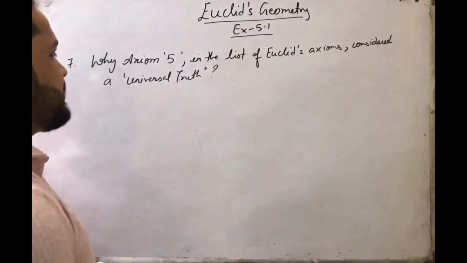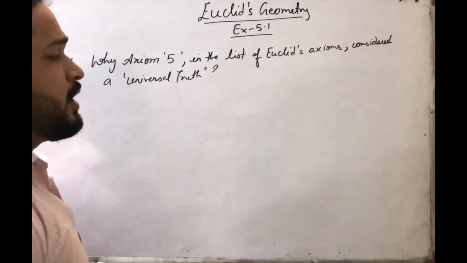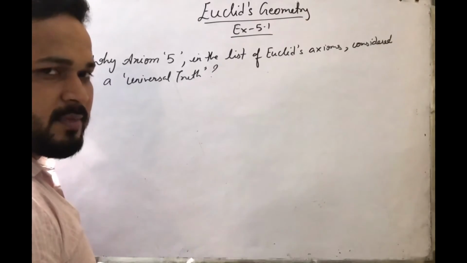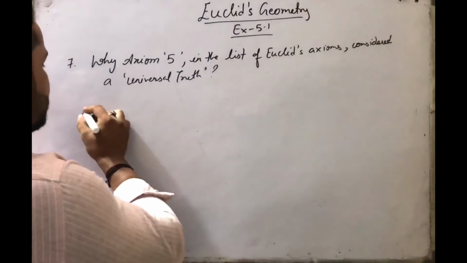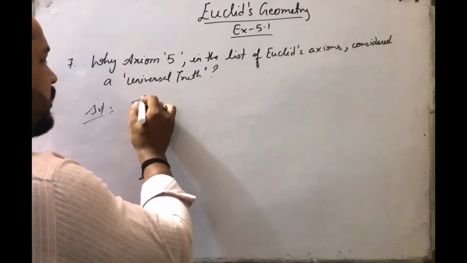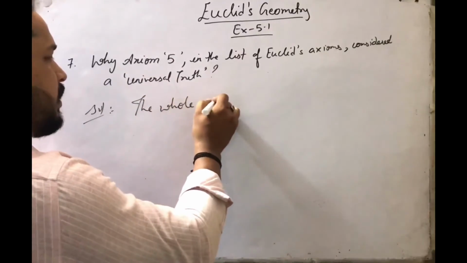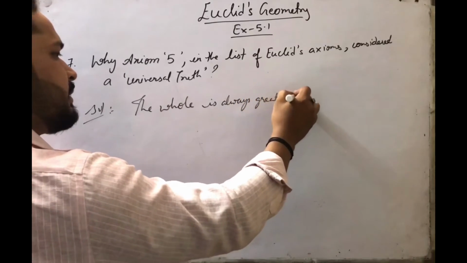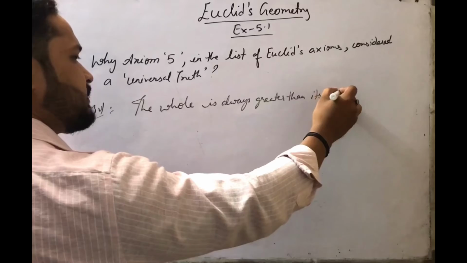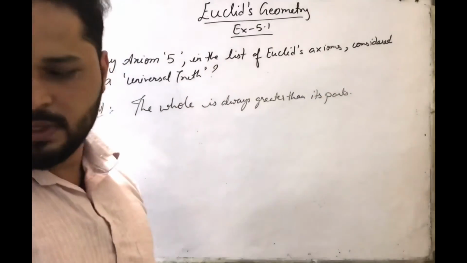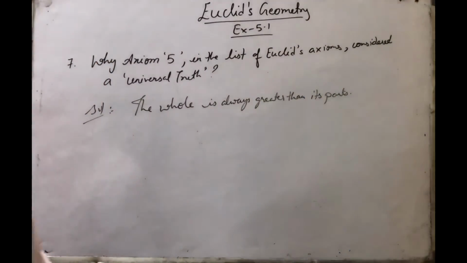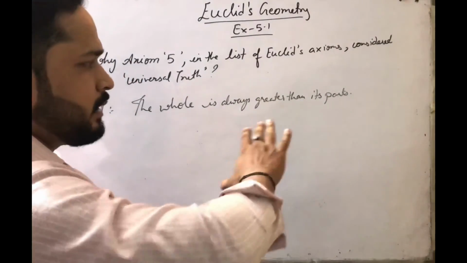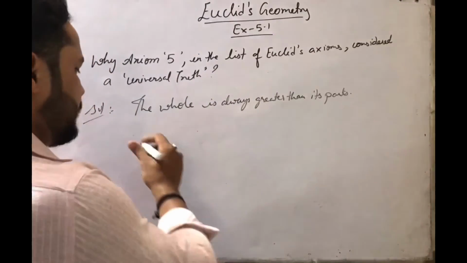The question number 7 is, why is axiom 5 in the list of Euclid's axioms considered a universal truth? So first, do you know what axiom number 5 is? Yes, axiom number 5 is, the whole is always greater than its parts. Okay, that any whole amount is always bigger than its part. So for example,